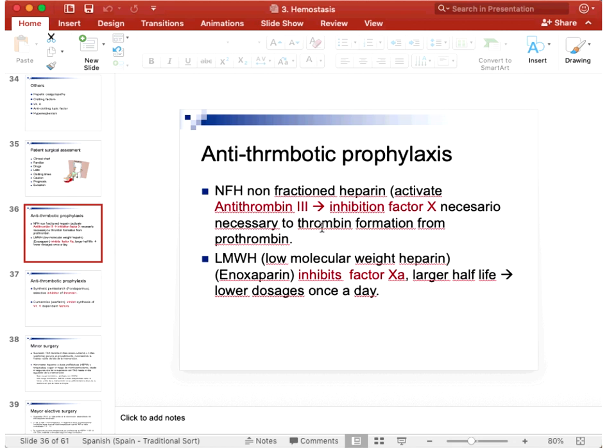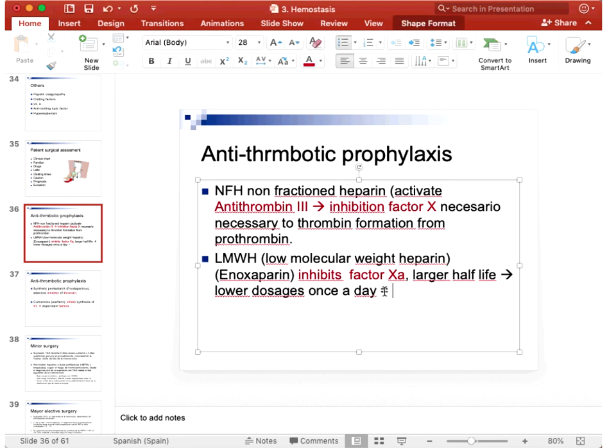But in private places, they switched to a newer model of anticoagulation therapy, which is the low molecular weight heparin. And one example of this is the enoxaparin. This, in turn, inhibits activated factor 10. It has longer half-lives, and we need lower dosages. You can give this once a day, and you inject this